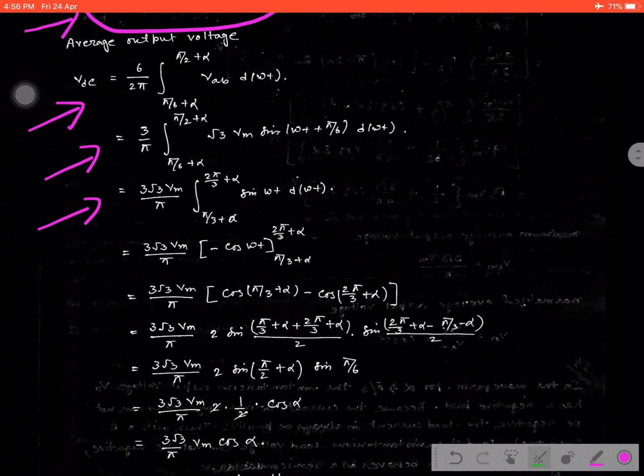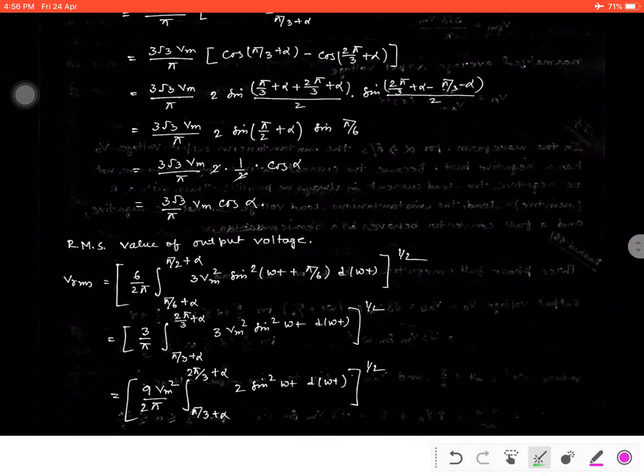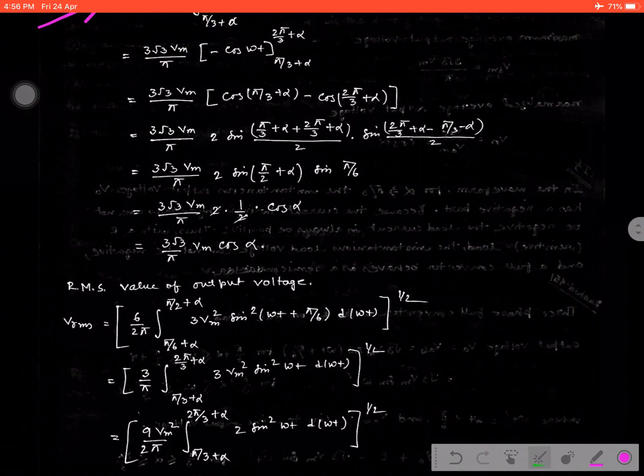Now we are going to calculate the RMS value. It's the root mean square. It is known by everyone, and I have done the same thing here. The RMS value means we have taken the same equation, that is 3 Vm square sine square omega t plus pi by 6, or VAB. The square term is there,